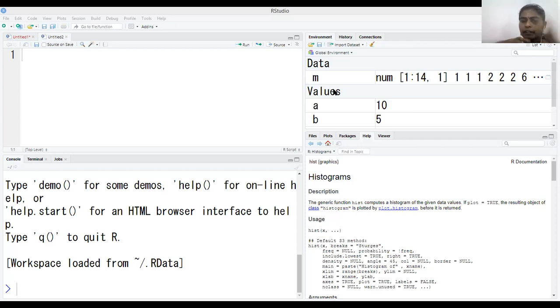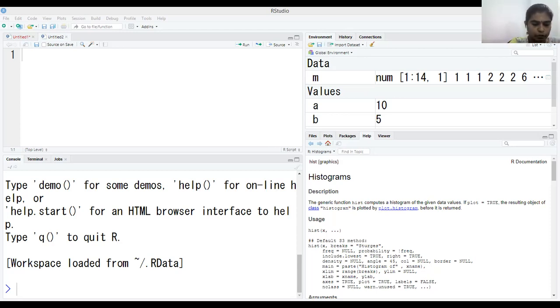Earlier, when you take C programming, Java programming and so on, they create the variable according to the necessity of the data which they want to store. Suppose I want to store a number, then I should create an integer variable. Suppose I want to store a character, then I should create a character variable. But here in RStudio, we don't have any problem like that. You can assume that the variable is on the left side. You can use an assignment operator and send some values into the variable.